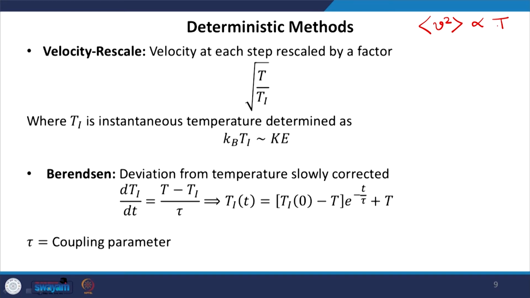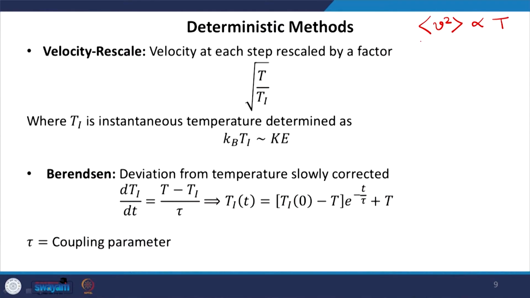As the simulation proceeds, we will start to deviate from that temperature, and what this would mean is v squared will not remain proportional to this temperature. The v squared during simulation